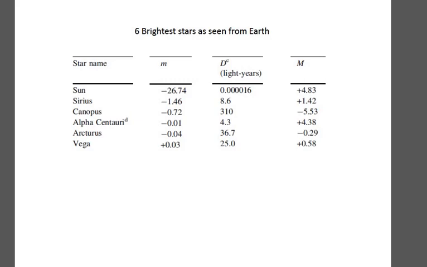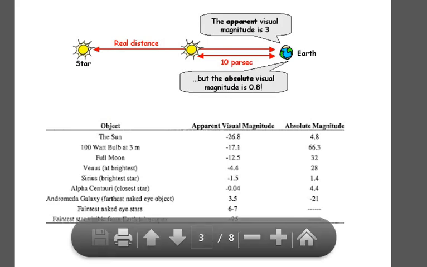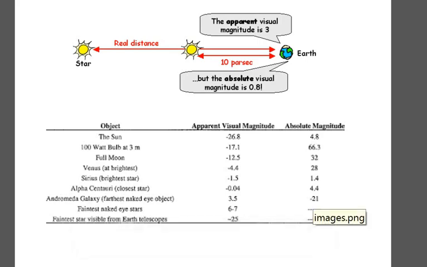Okay, so here in this case you see the brightest star, absolute magnitude. If we know the distances, what does this mean? This means that this Canopus star is so much brighter than the sun. Similarly, Alpha Centauri is much brighter than the sun. Vega, even Vega is much more brighter than the sun. Okay, and in this case also, here this one, Andromeda Galaxy, which is the furthest naked eye object, it has an absolute magnitude of -21. It is much brighter. We do know that, of course. I'm just showing you this in terms of absolute magnitude.